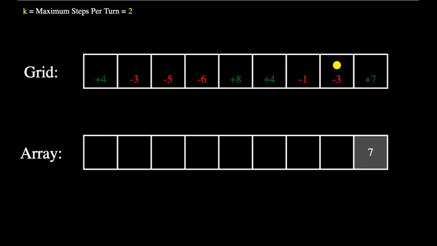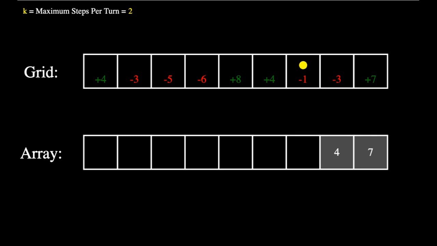We're now at position 8 and we lose 3 points. But negative 3 is not the high score obtainable from position 8. It's actually 6. The game only ends when we reach the last square 9. So this means that if we take one step forwards, we can actually gain a net total of 7 points. This means that the high score obtainable starting from the square number 8 is 4.